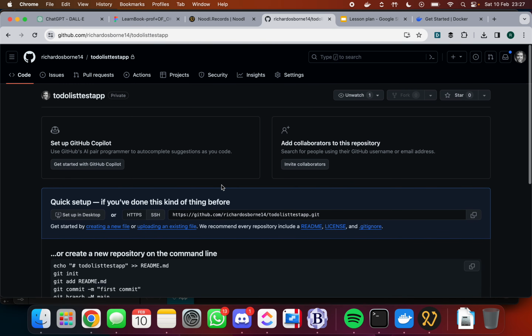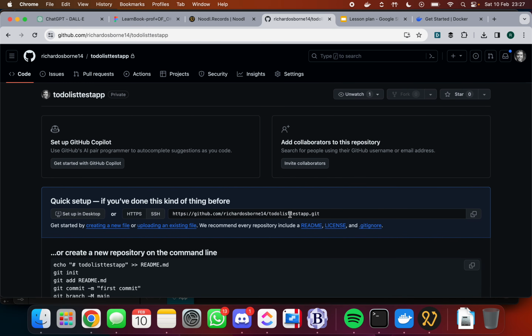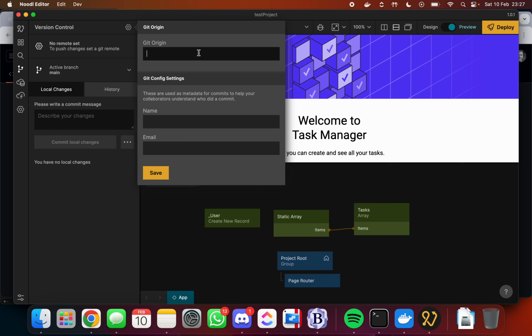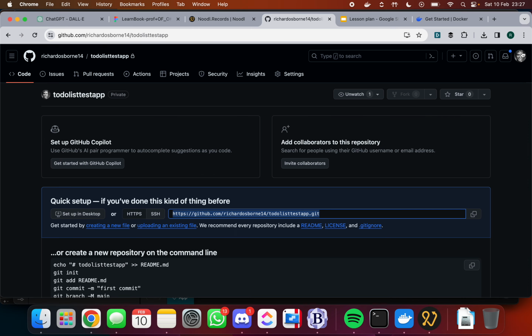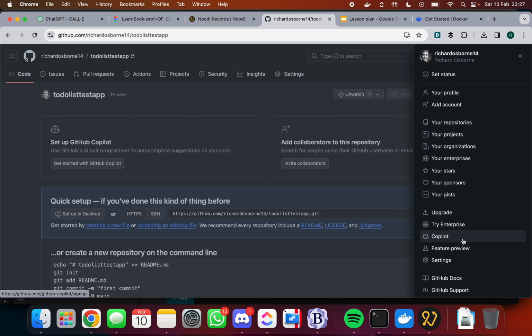Okay, nothing in it, easy peasy. We just need to take this link here. Quick setup. If you've done this kind of thing before, take this link, copy it, put it into here. It's going to ask you for a personal access token. So we're going to go back to GitHub. We're going to go to